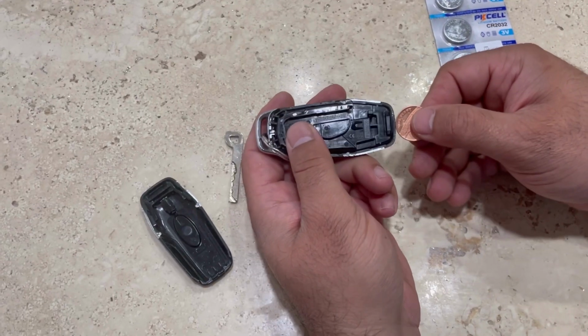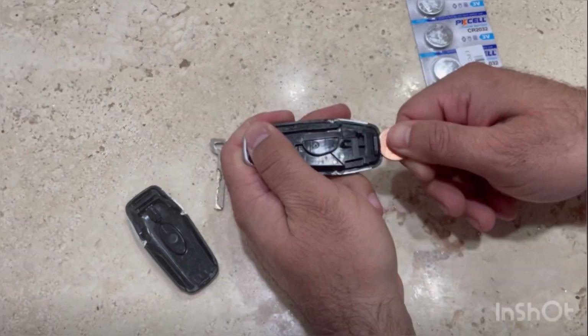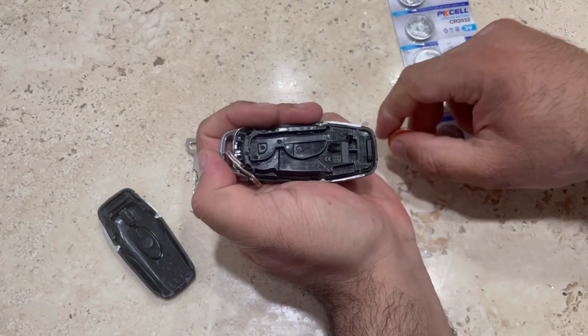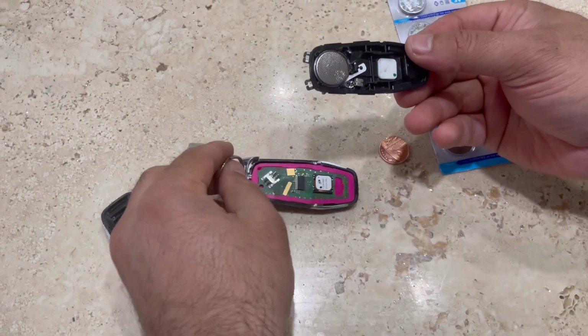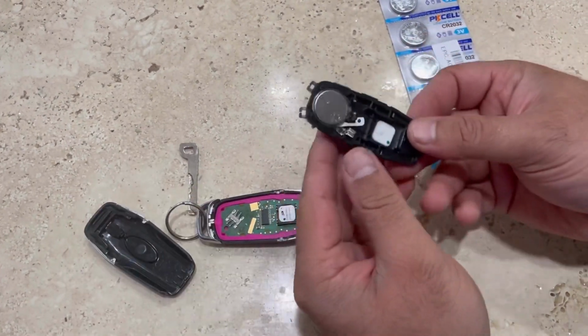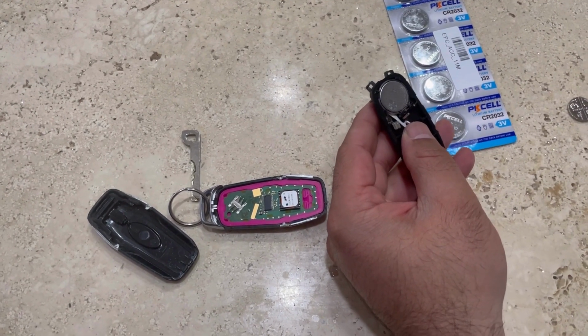So we're gonna hold the key fob like this and place the coin inside it. It's a really delicate part, and if you're not careful, you can break it. Turn the coin clockwise and anti-clockwise, and you're gonna hear a clicking noise. That means it's open. Lift the battery casing, and as you can see, the negative side is on the top,